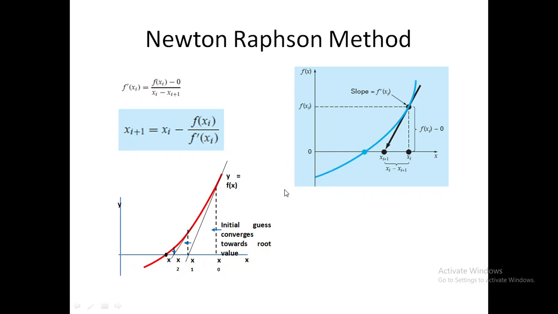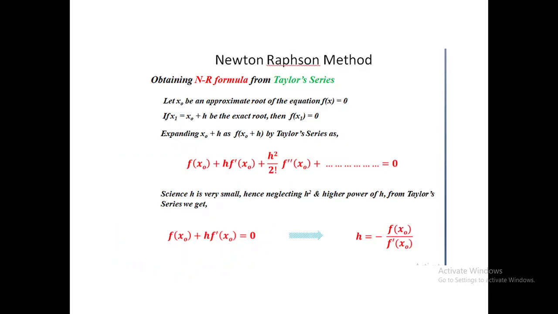The initial guesses are very important. If you are not given the initial guesses, then you have to check again with the help of the same method. Or in some books it is given that f of x1 into f double dash of x1 divided by f dash of x1 squared is less than or equal to 1. Or you can check that f of x1 is less than 0 and f of x2 is greater than 0, both having opposite signs.